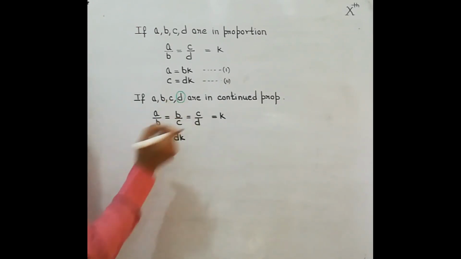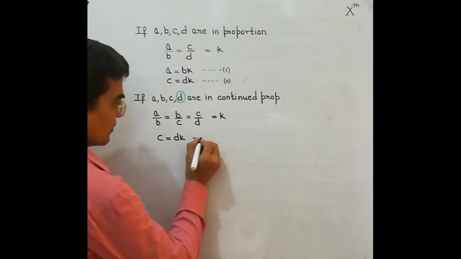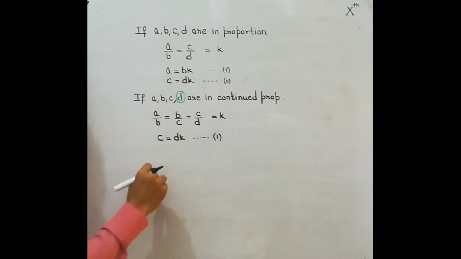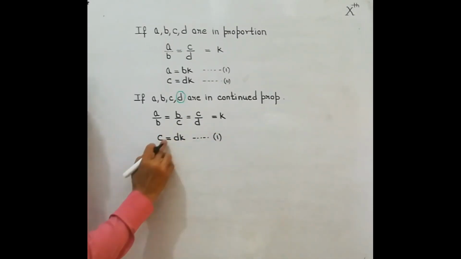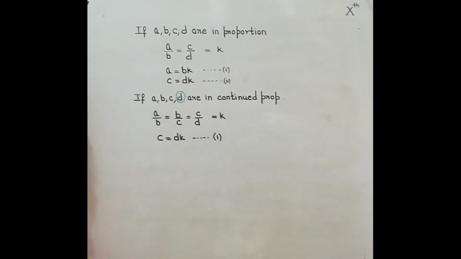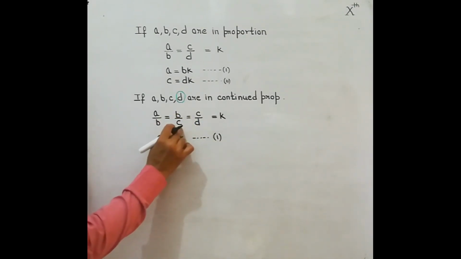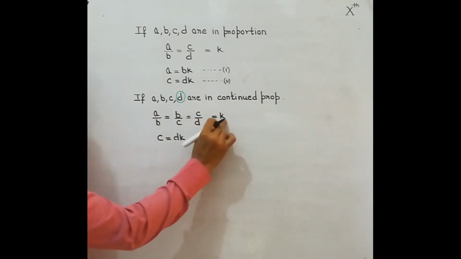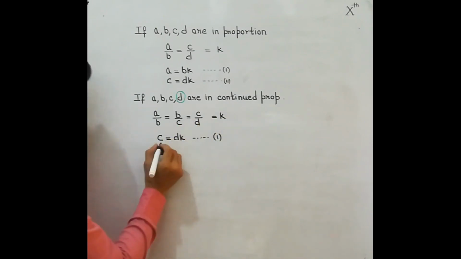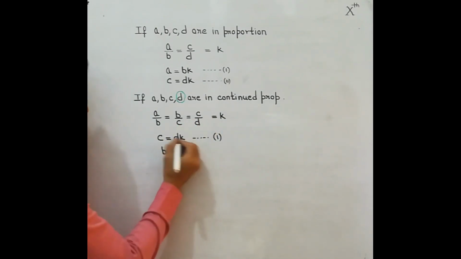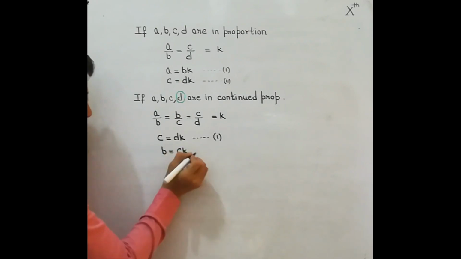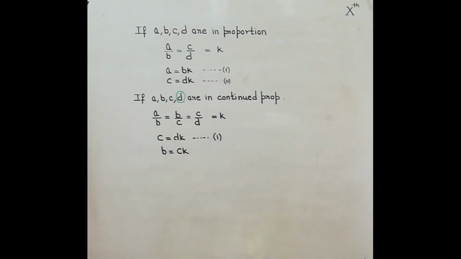So we have got C in terms of D, that is our first substitution. That means in the question, left side and right side, wherever you get C, you will replace it with dk. Now going in the reverse order, coming to B upon C. When equated with K, cross multiply, you are getting B is equal to CK. But I told you that you have to get all of them, A, B and C, in terms of D.